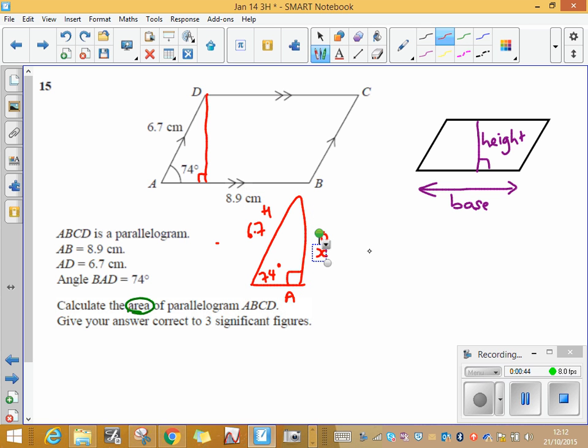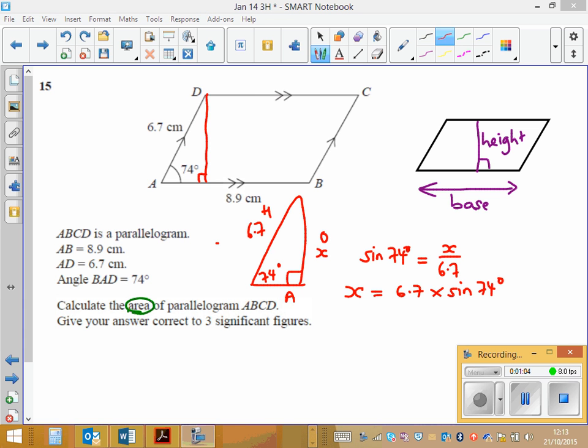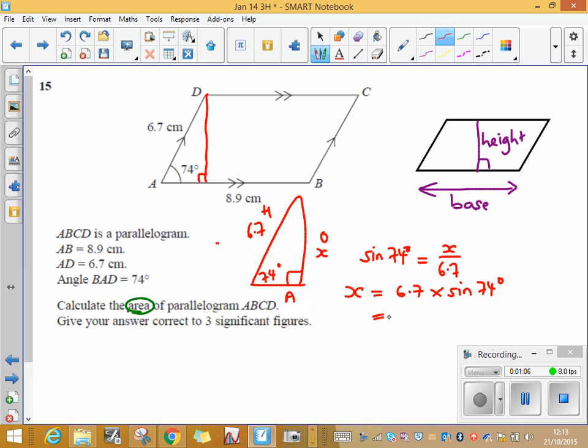Let's call it x. So I can write that sine 74 degrees is equal to the opposite, well that's x, divided by the hypotenuse, which is 6.7. So x, the height of my parallelogram, is going to be 6.7 times sine 74 degrees. Now if I work that out, that comes out as